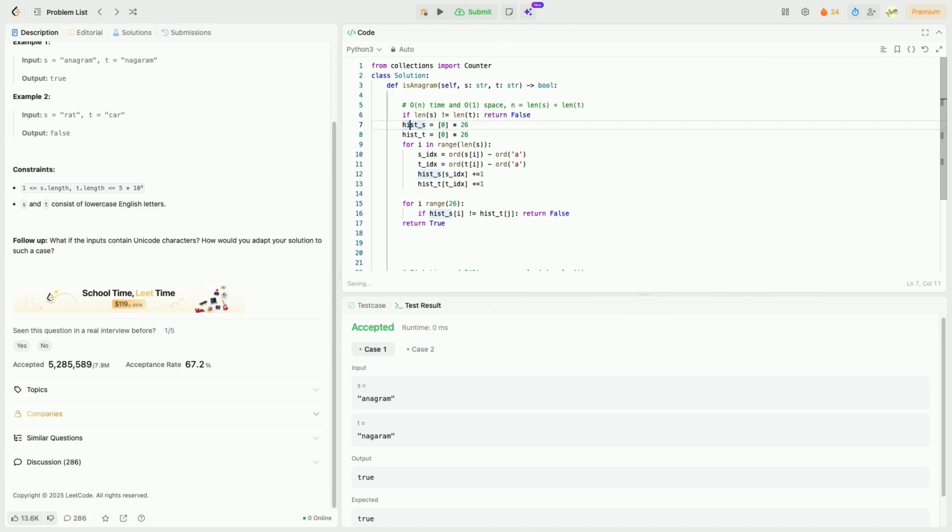Now this is a little bit, I would say, messy. We could simplify this a little bit. We just need one histogram, to be honest. And then what we do is we increment it when we encounter a letter in S, and we decrement it when we count a letter in T. And then we just have to check